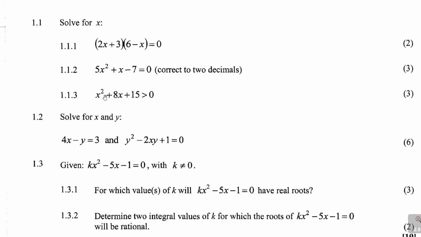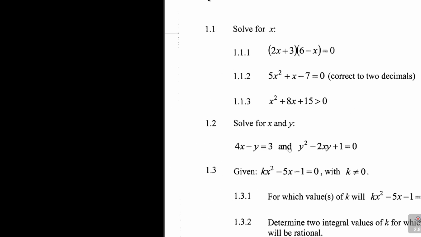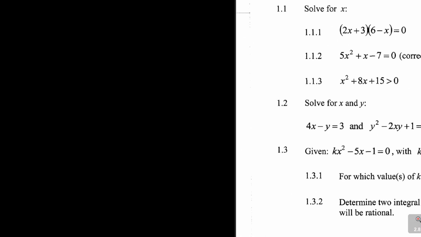So there's the other one, x squared plus 8x plus 15 greater than or equal to 0. Inequalities, guys. Let's go to this. How do you go about here? It's x squared plus 8x and then plus 15 is greater